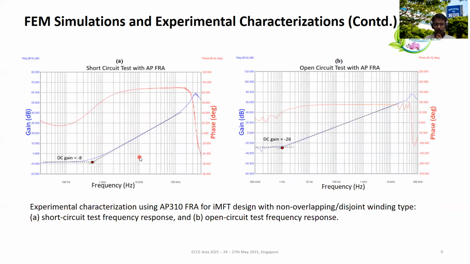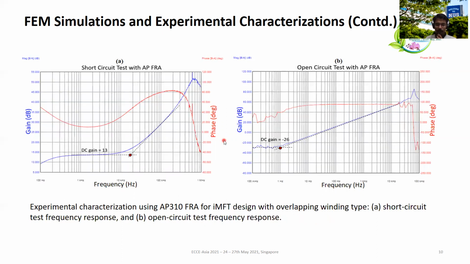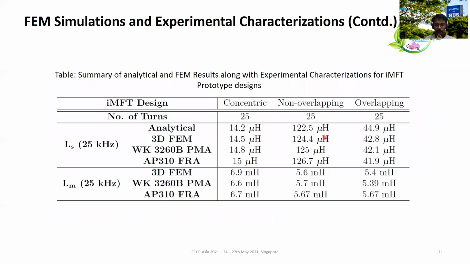So we do the same thing for the non-overlapping or disjoint winding type for short circuit and open circuit frequency response, and we obtain them and get the values for LS and LM, and similarly for the overlapping winding type. So these are the tabulated results that we obtained from the analytical FEM and FRA for LS and LM. As LS is a critical